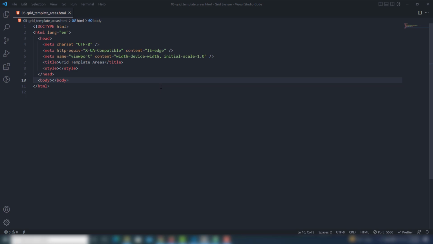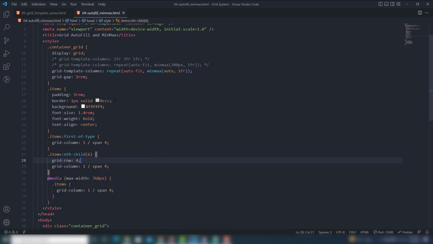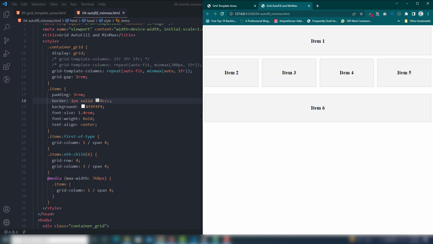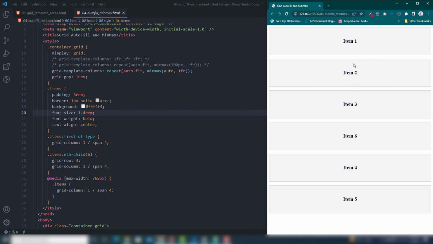Hey guys, in this video I'm going to teach you grid template areas. But before working on that, I'm going to show you another very important thing. In the last video we discussed all about autofill and min-max. I'm going to open that in the live server, and when I hit 768 pixels, I am able to see 1, 2, 3. The number 6 has appeared there. I want to move this one to the last